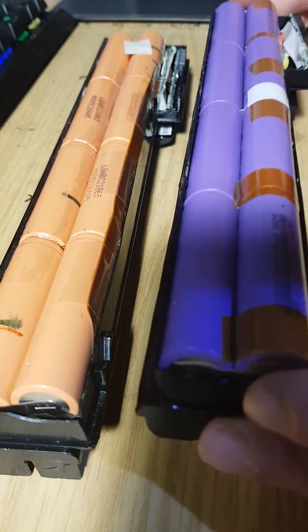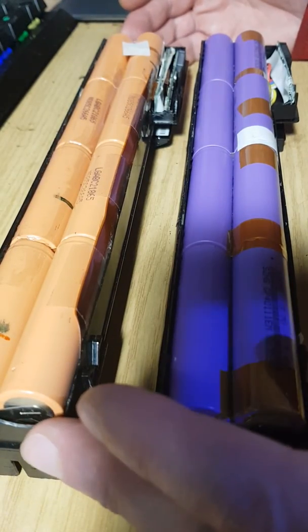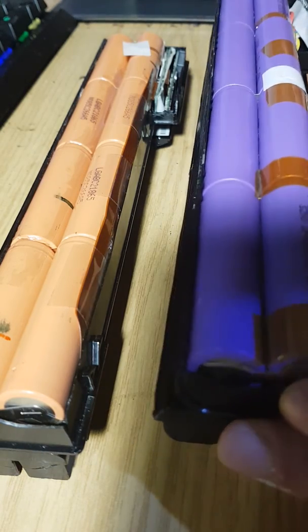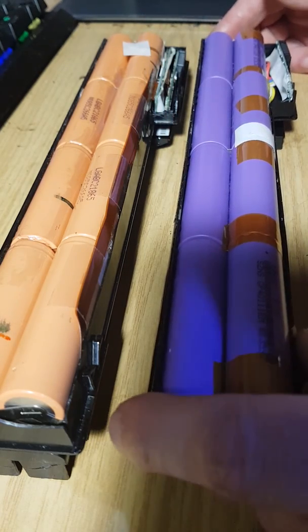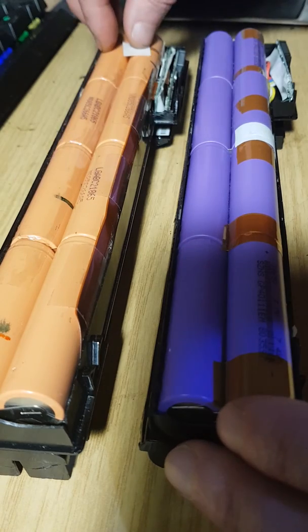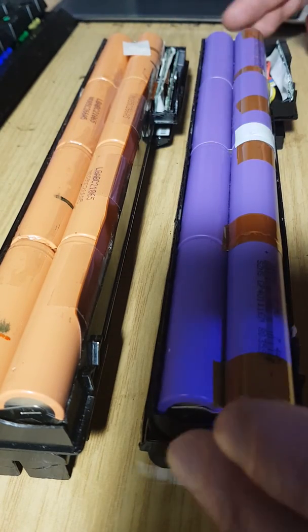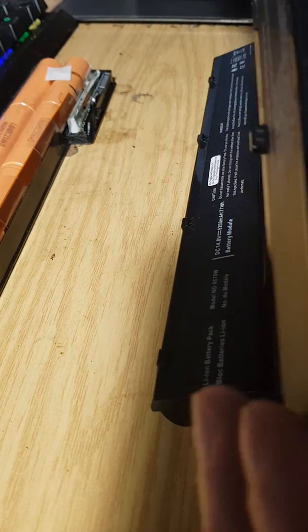You have to buy one of these cheap £10 eBay packs, because opening a HP pack causes you to damage the plastic. There's very little way that you're going to be able to get it back together properly. But these cheap £10 packs from eBay or whatever are a lot easier to open, because they're not stuck down as well as the HP models, and effectively you can take the guts and internals out of a HP model and put them into the housing of a £10 model, and yes, you've got a new set of housing. As you can see, this one's in quite good condition as it comes apart. Unfortunately, you can't say the same for a HP pack, as you tend to have to destroy it